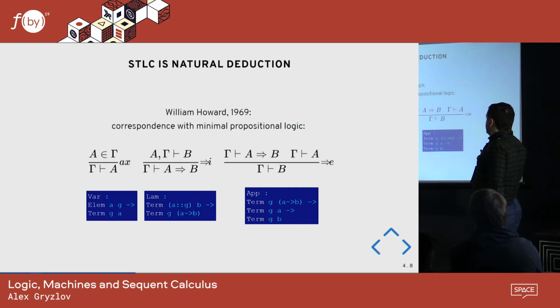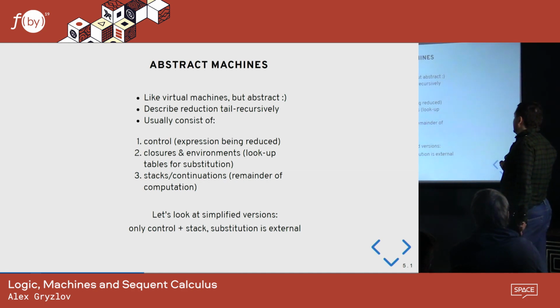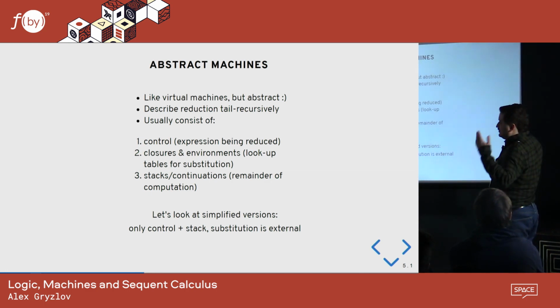So as I said before, if you would write an interpreter for lambda calculus, it would not be tail recursive. It would have to heap things on the stack indefinitely. So what if you wanted to write a tail recursive, deterministic interpreter for lambda calculus? These things are usually used when you try to write a compiler for a functional language, and they are called abstract machines. An abstract machine is basically the same as a virtual machine, but a virtual machine has an actual implementation, and if it exists on paper, then it's an abstract machine. The idea is that it's like a virtual machine which is very simple and easy to study on paper. So yeah, it's a tail recursive interpreter.